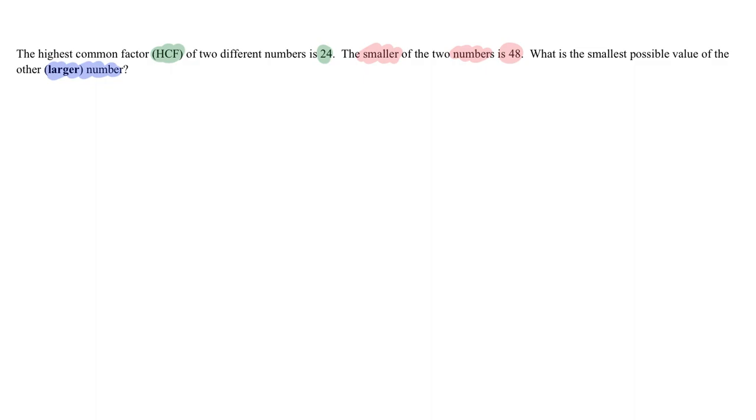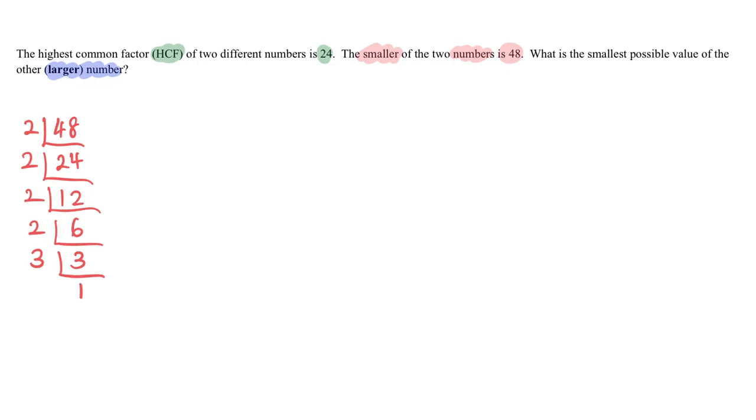If you want, you can do the working at the side to list out the prime factorization. 48 can be divided by 2, 24 divided by 2, 12 divided by 2, 6 divided by 2, 3. These are the prime factors of 48. So 48 is equal to